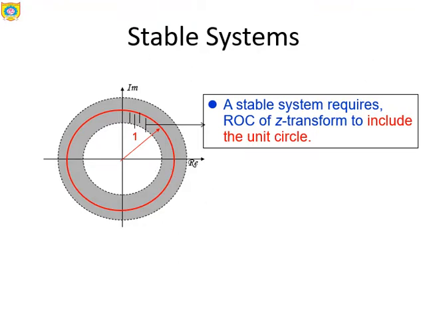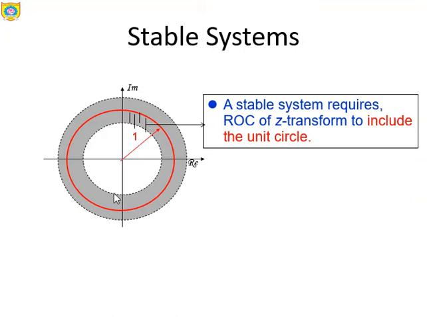If this is the value, let's say this is where the a is provided. Let me write it a. So this point is nothing but actually the point a. This is nothing but the point a, and by providing the circle, the outer part is nothing but the ROC. It is extended till infinity. So once we do it, we are getting the shaded region that is called the region of convergence.